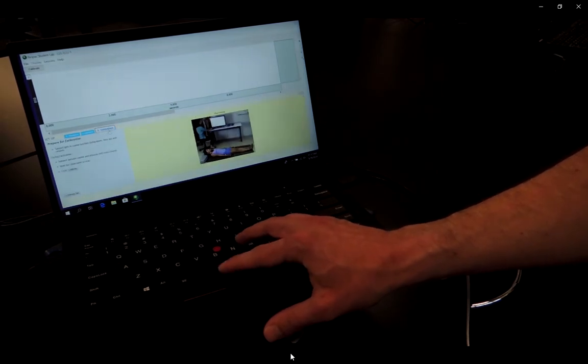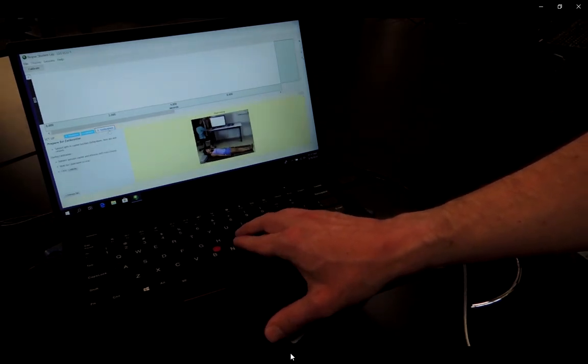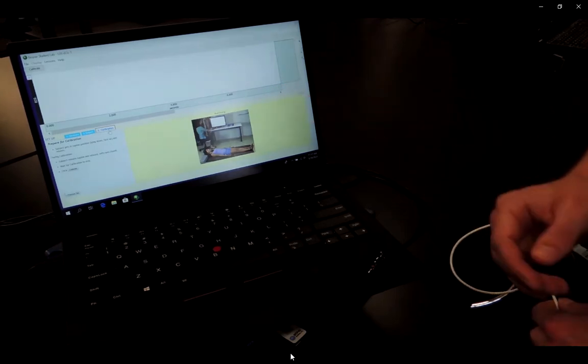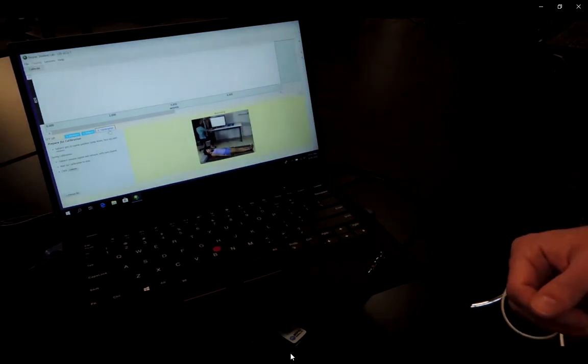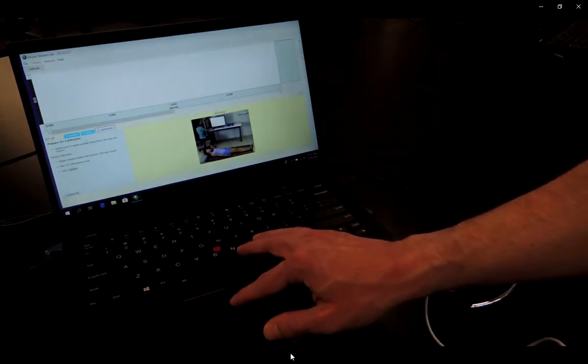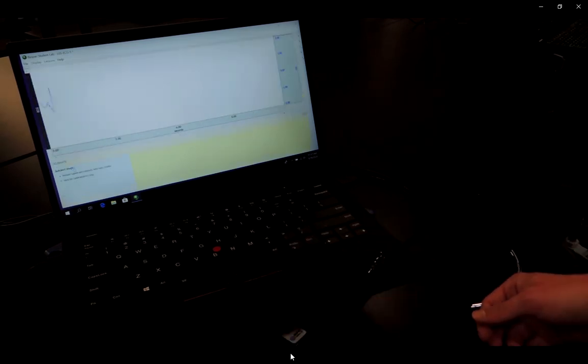We'll go ahead and complete our calibration. For our calibration, it recommends that we be in a resting position. We could do that in a lying down position, or in our case, we'll just do that in a seated position. We'll go ahead and click calibrate. The key here is to sit real still